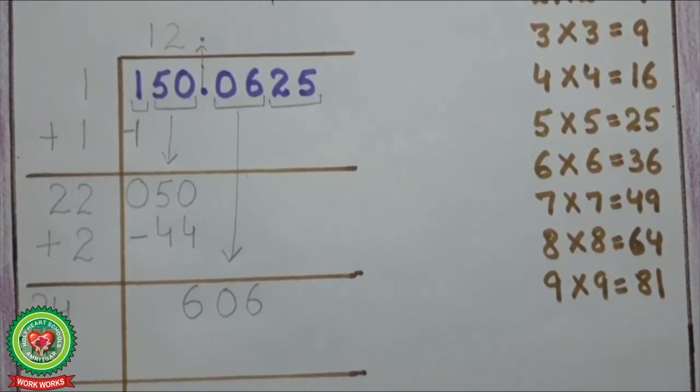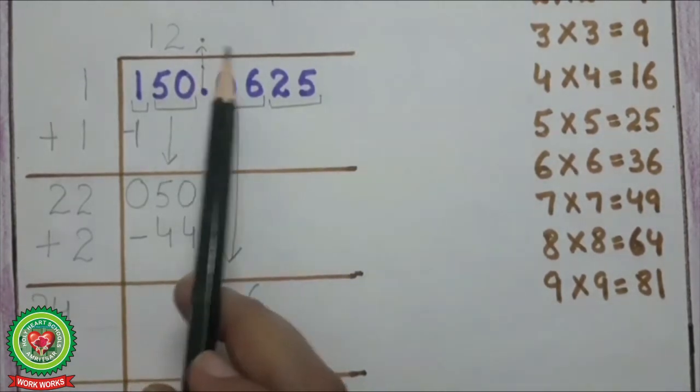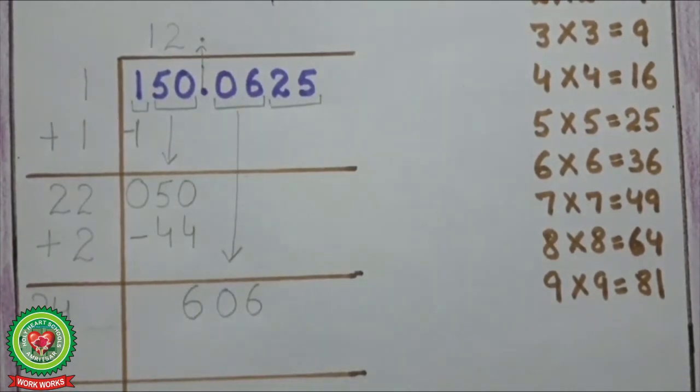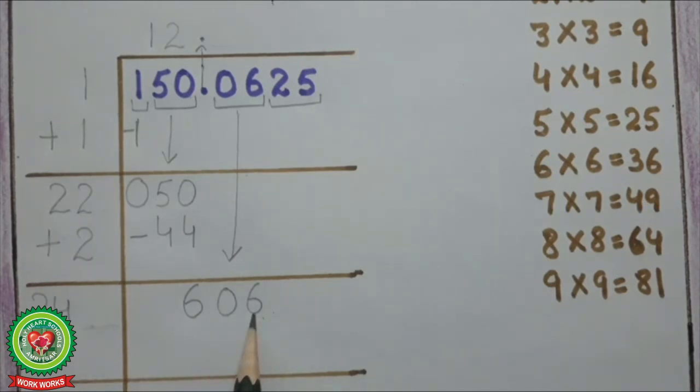Then again the next step is to think about a digit which is to be written with the divisor as well as with the quotient, such that when the divisor and that digit get multiplied, it will give you a number either equal to 606 or just less than 606. Here the last digit is 6. If I write 1 here, 1 multiplied by 1 is not satisfied by the last digit 6. So 6 is such a digit which is satisfied by the last digit 6.